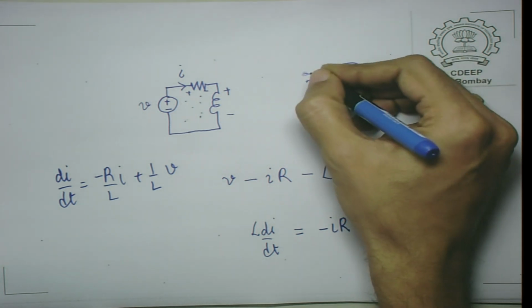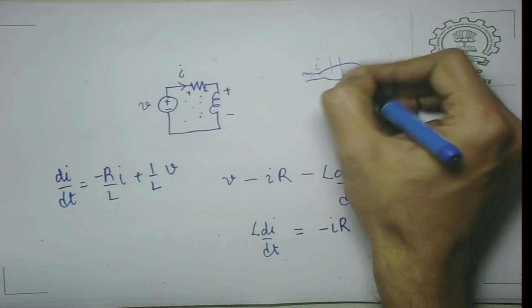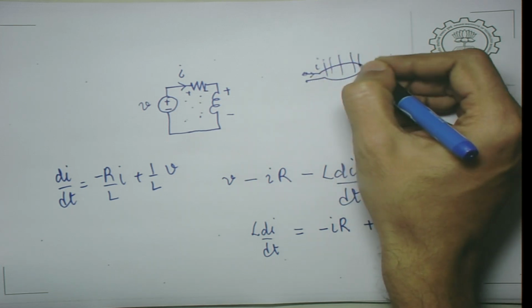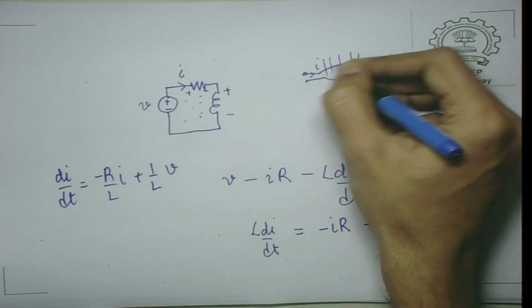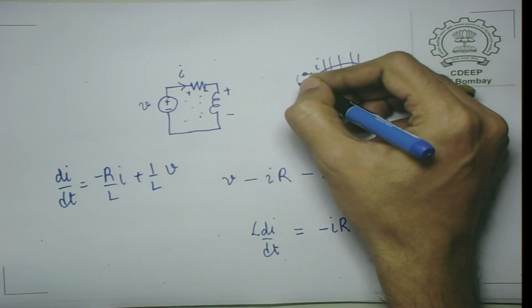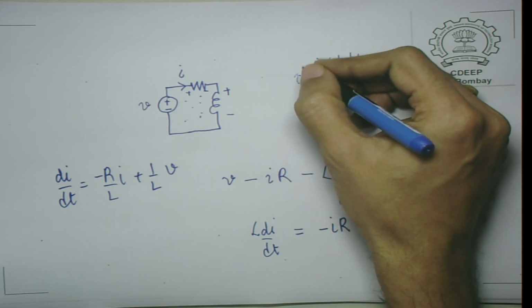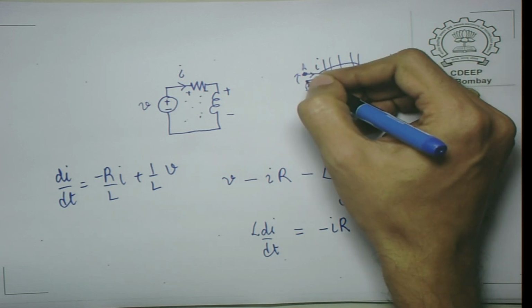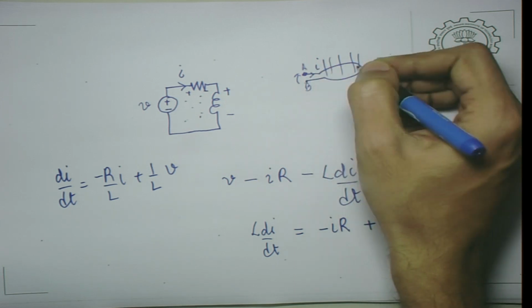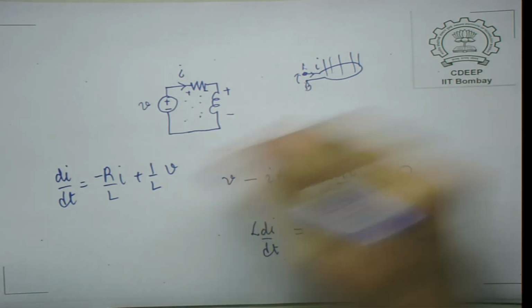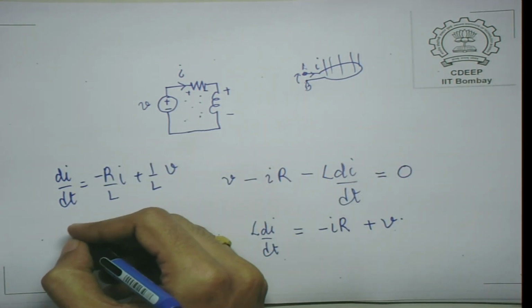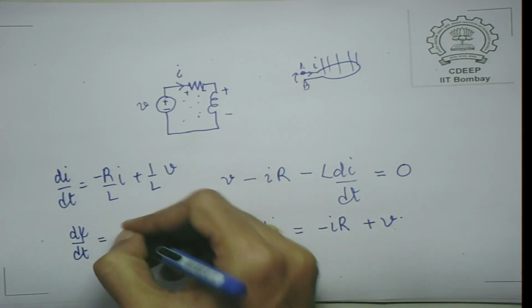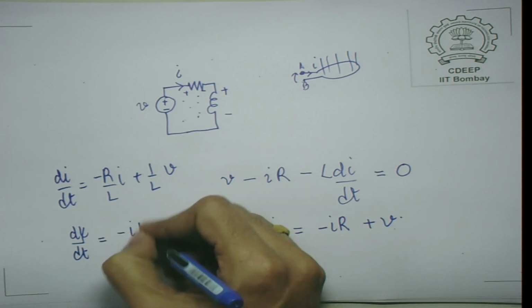The current through the inductor causes a flux, and the rate of change of flux causes E dot dl in this path, and therefore the voltage across this, that is the potential of A with respect to B, outside we assume there are no magnetic fields, is equal to L di by dt. But we can write this equation also as d psi by dt is equal to minus IR